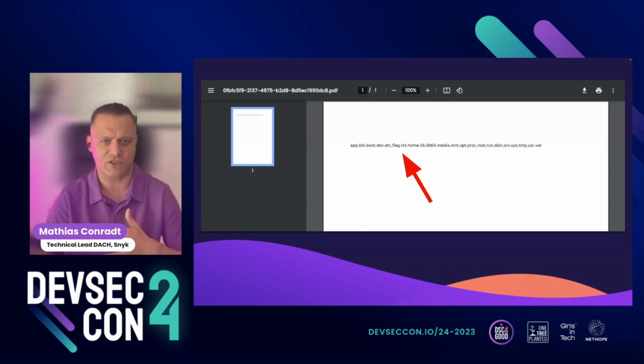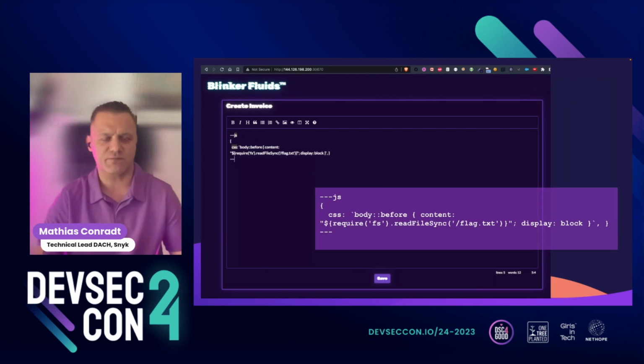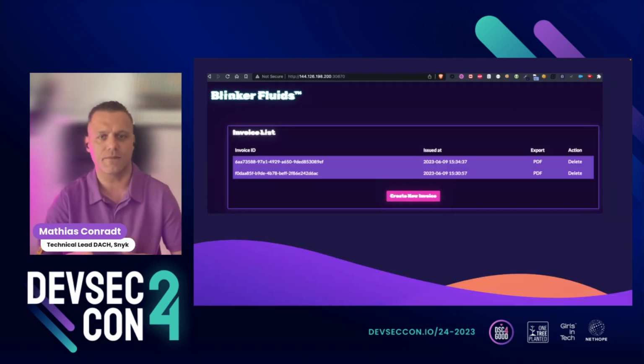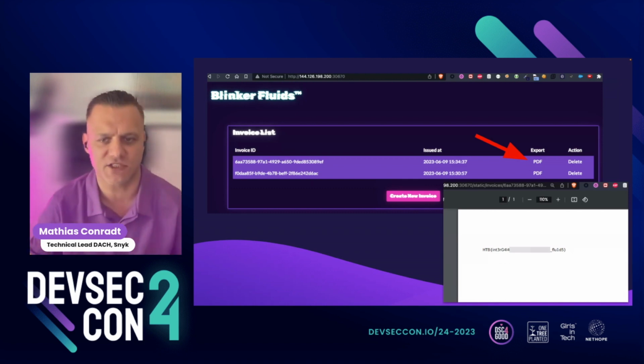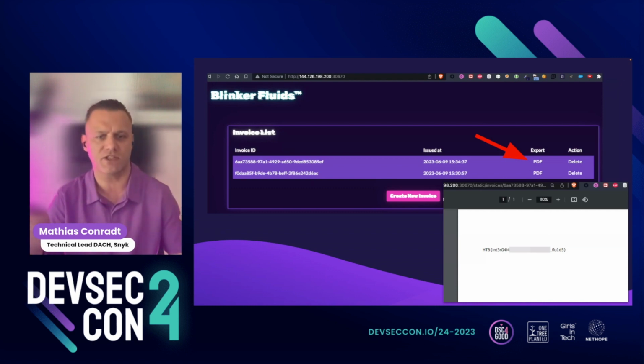Of course, we can now see the flag.txt. This is now the challenge. We want to get the content of this flag.txt. Now I can do a bit of adjustment with this command. I can change the command to require file system, and then read the file synchronously from the flag.txt file. And when I generate the PDF again, I get the PDF, click on it, and get the flag. This is the challenge. I take the flag. I have mastered this challenge. You can see here how easy it is for anybody, just any script kiddie, to exploit this